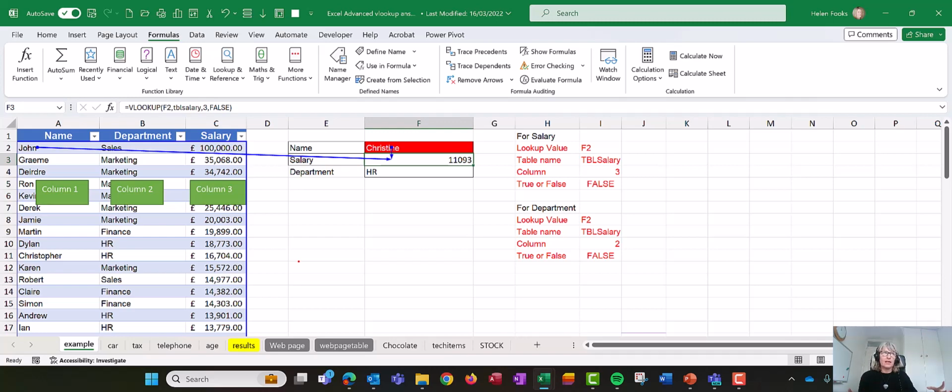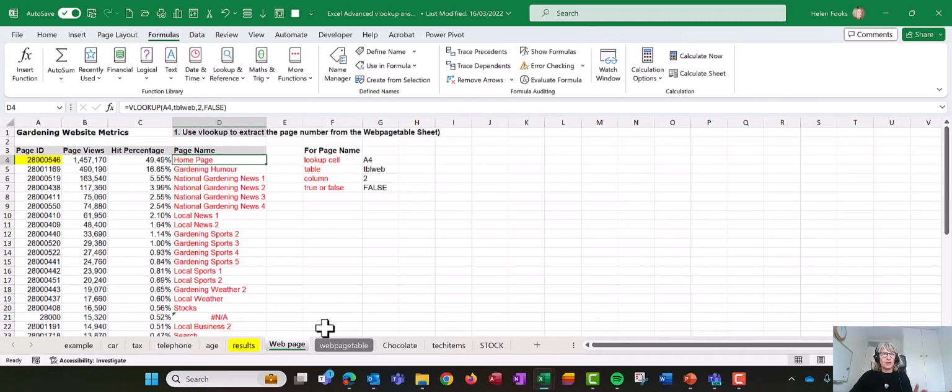So all of this stuff that's quite hard to work out, let's do another example. We're going to remove those arrows. We're going to go to this sheet, so down here, on web page table. Now this actually uses a VLOOKUP on another sheet, so let's see how this works. So we're going to click in D4. There's my VLOOKUP formula, and I can't quite work out where the table is, where that source data is coming from. So all I need to do is go to trace precedence,